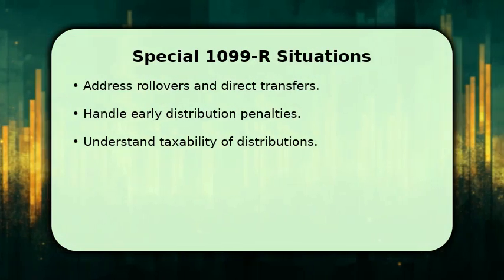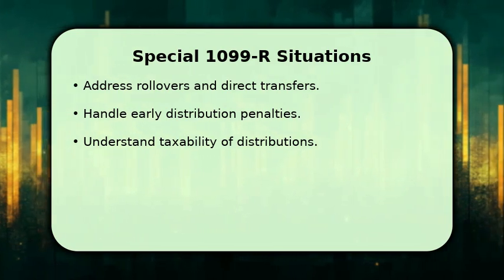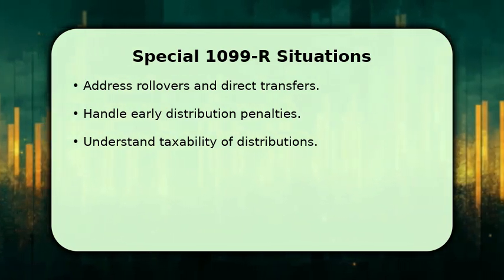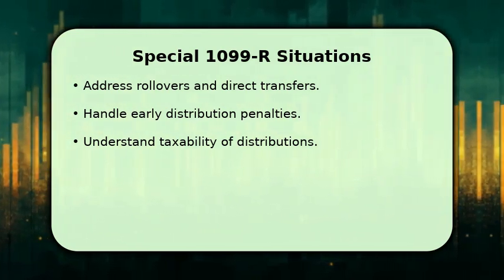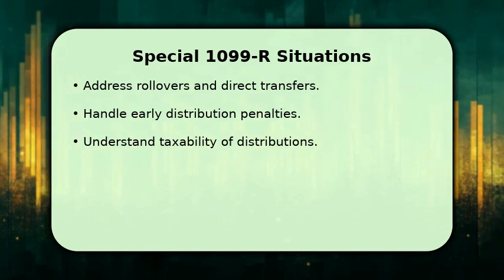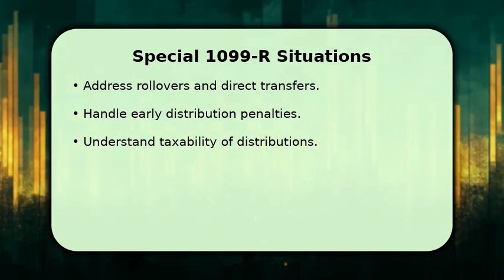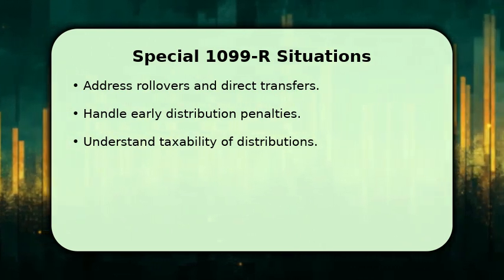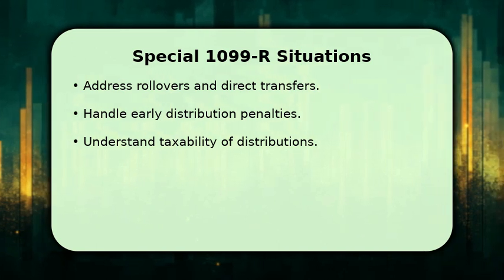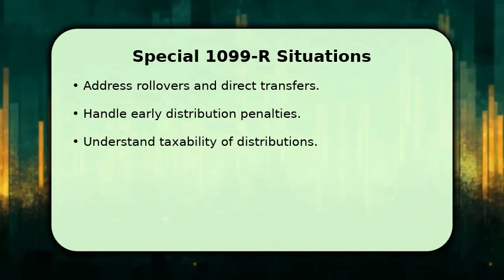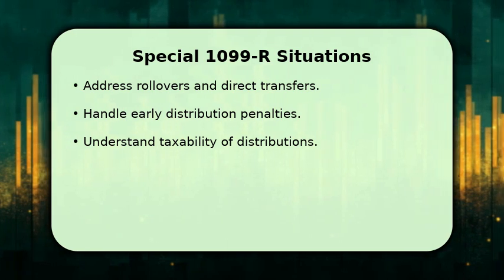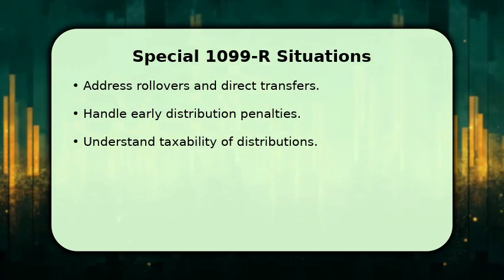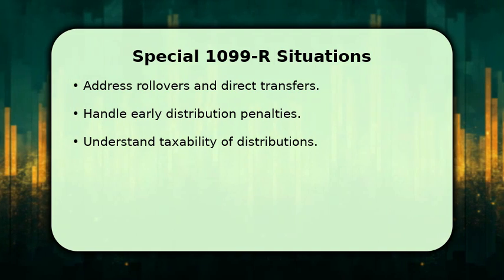TurboTax guides you through various scenarios, such as rollovers or direct transfers, which are often not taxable. If you took an early distribution before age 59 and a half, the software will help determine if the 10% penalty applies. It also clarifies the taxability of different distribution types, ensuring you correctly report any non-taxable portions, like after-tax